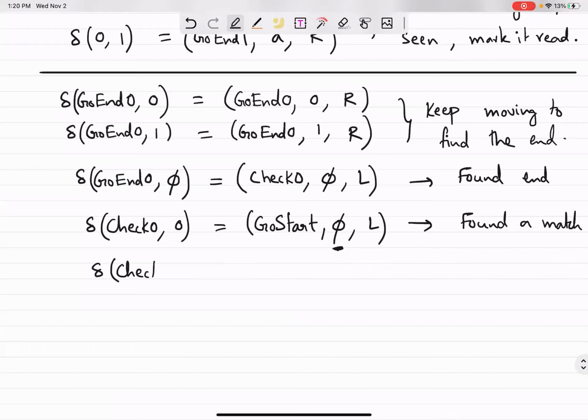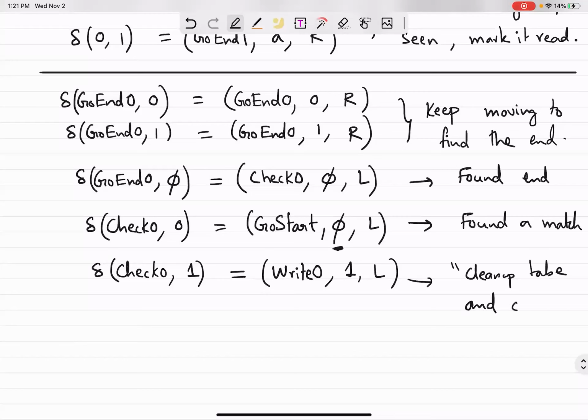Whereas if I was in the check 0 state and I found a 1, what should I do? We know the function's output at this point, right? These two things did not match, which means I should just output 0. I can't just say output 0, because of the way the programming language is designed, you have to do some processing to get to that. I'll say enter a state, write 0, and then do nothing, and then you can do whatever. It doesn't matter, I think. So this is our code for cleanup tape